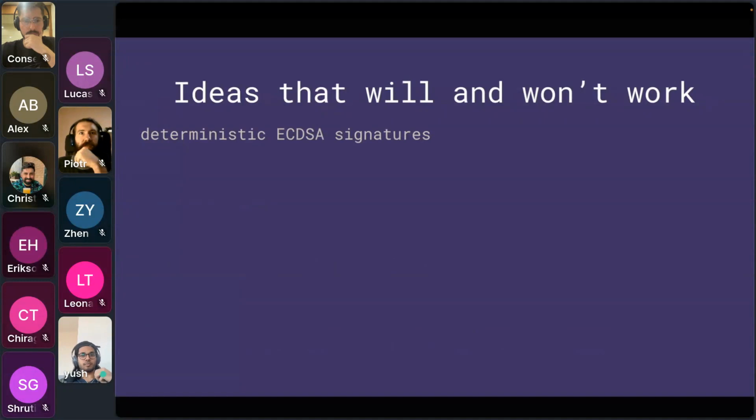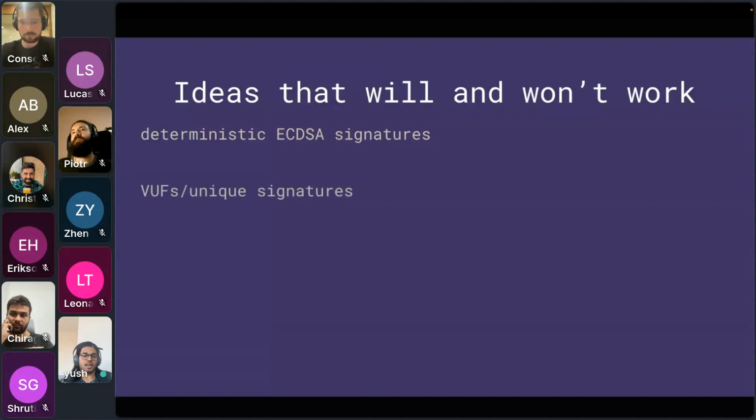So what might and might not work, just to get a better intuition for what this anonymous value is? Well, the deterministic ECDSA signature: maybe we could take a signature on some message, make that message public, take a hash of that, and prove we did it correctly. This seems like it might work, but the issue is you can only verify an ECDSA signature as deterministic if you have someone's private key. So this doesn't quite work. In the literature, there's something called a VUF, which is similar, but these are largely on pairing-friendly curves, which Ethereum is not.